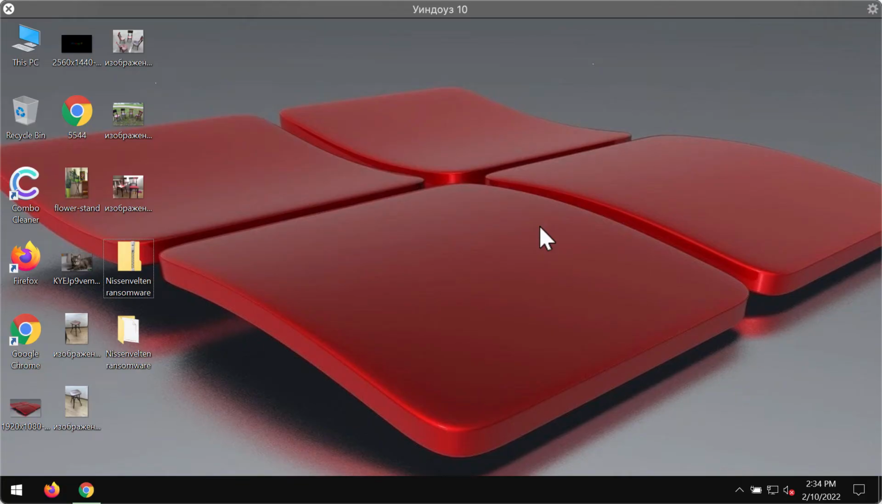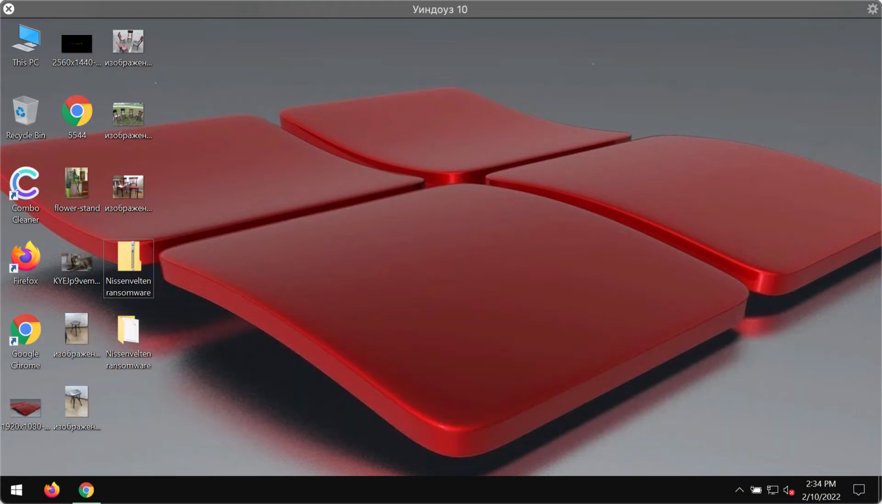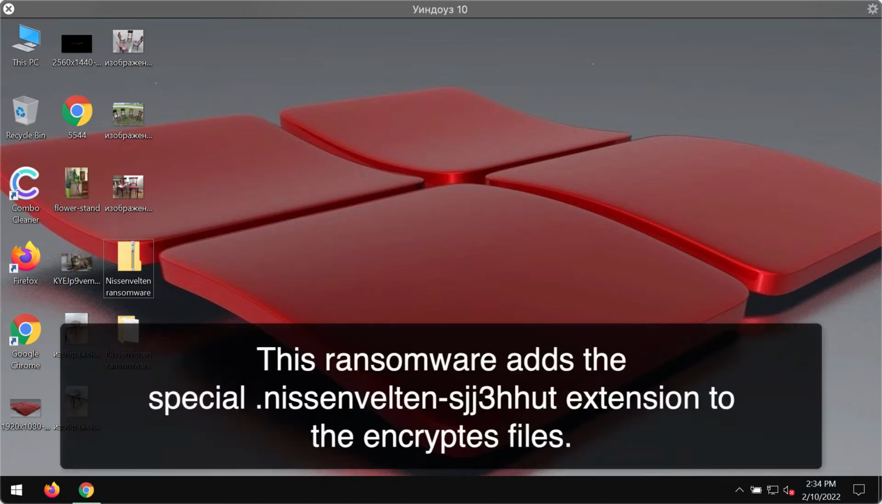This video guide will help you to get rid of the ransomware called Nissenvelten. Our team has discovered the Nissenvelten ransomware while checking the VirusTotal database for recently submitted malware samples. After testing this ransomware, it has been concluded that it encrypts files and appends the special extension called